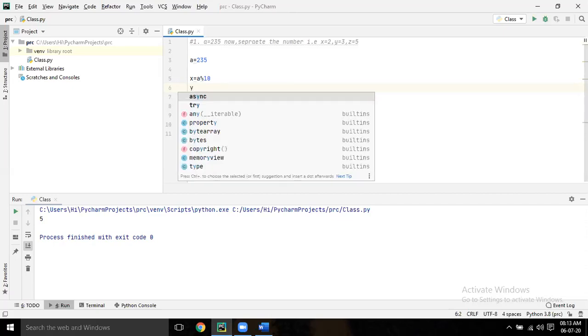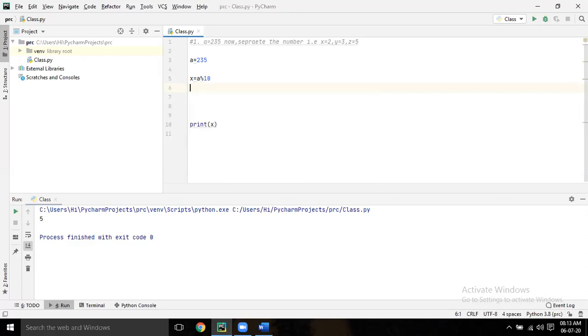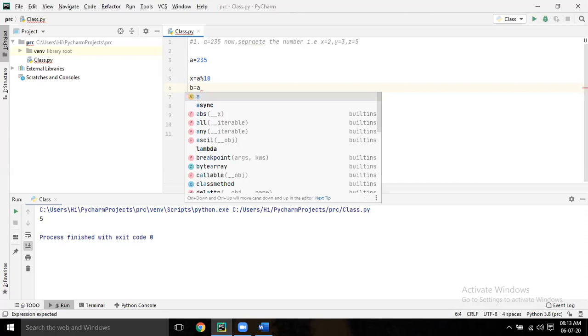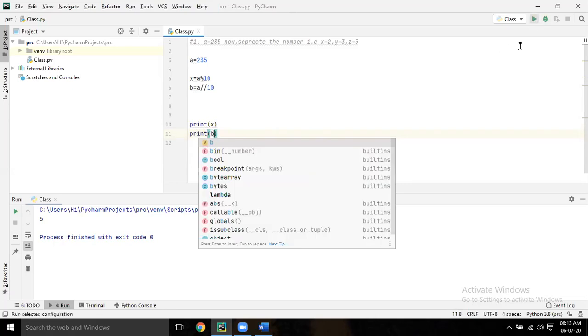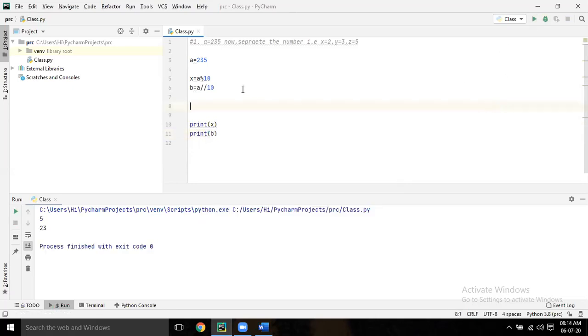Now b equal to A floor division 10, double slash 10. Now print b. Run it. You got 5 by modulus, and with floor division you get the quotient, everything apart from the last digit.